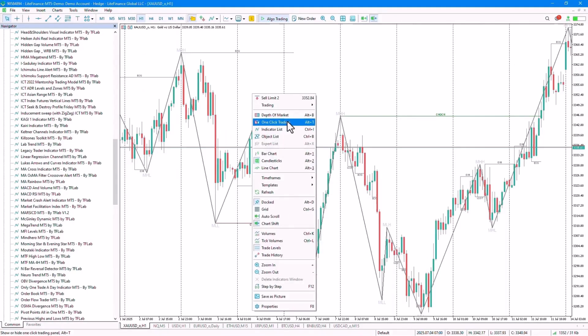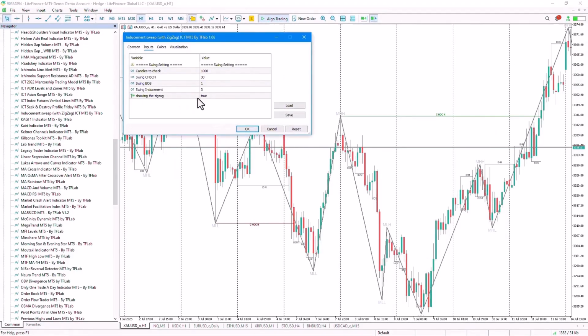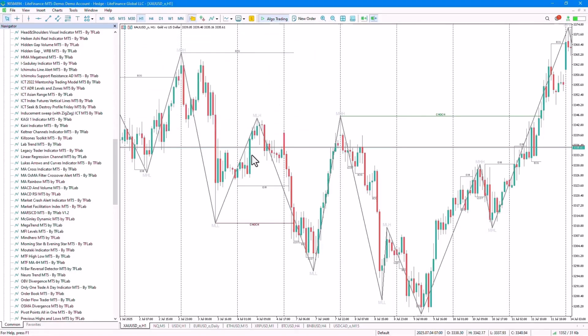For example, here, a period of 3 has been considered for the inducement swing, meaning the indicator identifies a swing, and in this case, a swing low related to inducement has been detected. The indicator examines 3 candles to the right and 3 candles to the left, and if this swing has the lowest price among the 3 candles on the right and the 3 on the left,